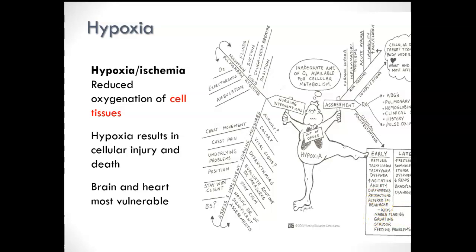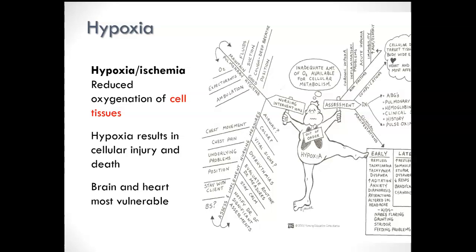But it causes other things like agitation, anxiety, diaphoresis, which is sweating, and retractions, which is where you see the skin between the ribs or around the clavicles really pulling back so that those spaces are more fully defined. You can have a headache, altered LOC. In little kids, you'll see things like nares flaring, grunting, stridor, feeding problems, because feeding requires a lot of